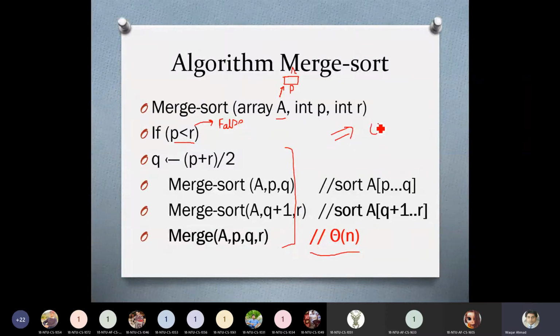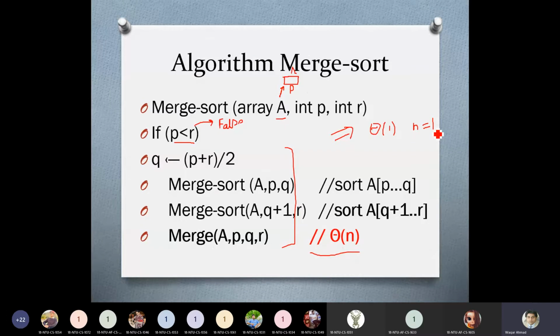So we can say that the time of the algorithm will be constant if the size of the array is equal to 1. You can observe that if the array size is equal to 1, it means that this whole algorithm will not be executed.